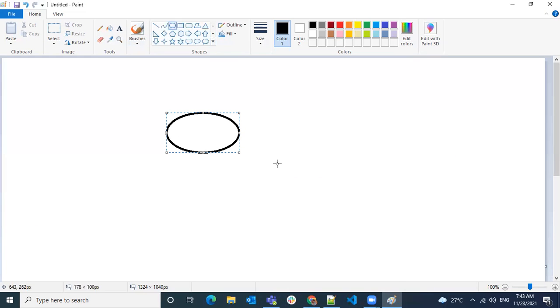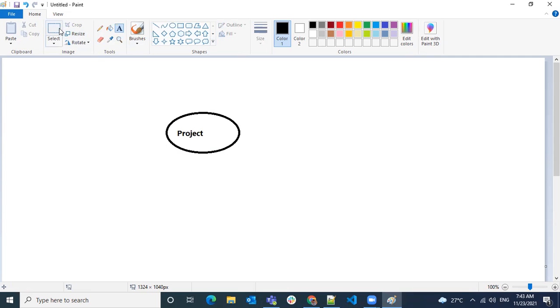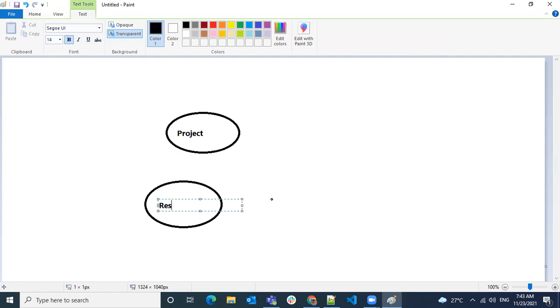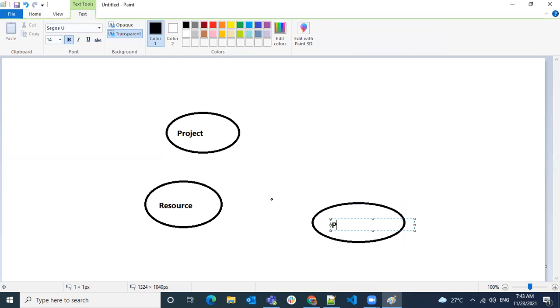let's take an example. Let's say I have an object called project, and the child of the project is resource, and we also have project log.